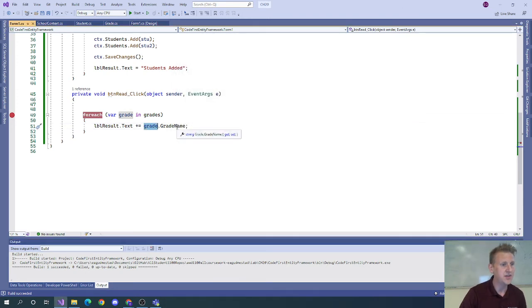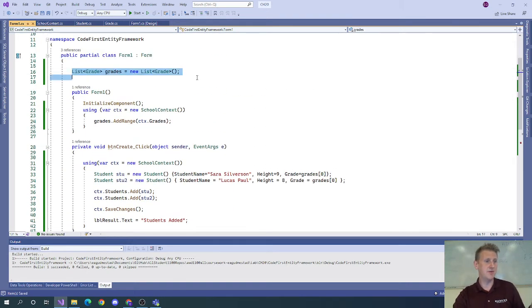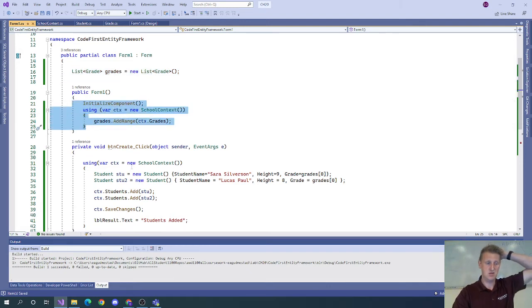And then what do you do to clean that up? Well, you throw in a little \n. So what's really cool about this, okay, now we're reading from our grades when this is loading up,